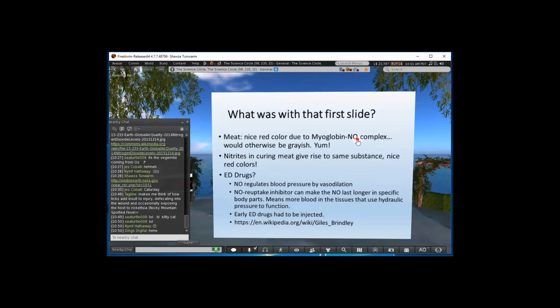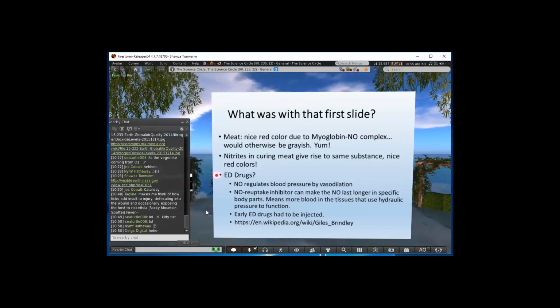This is the same sort of thing that happens in cured meats. So cured meats end up having some nice red colors to them. You would use salts to cure meats. Most salts, curing salts, have a tiny touch of sodium nitrite, which is NO2 minus, which reacts with the proteins and gives you a little NO.